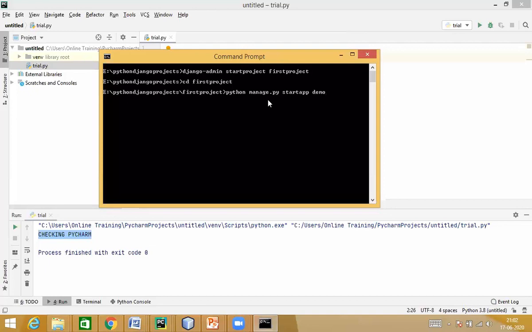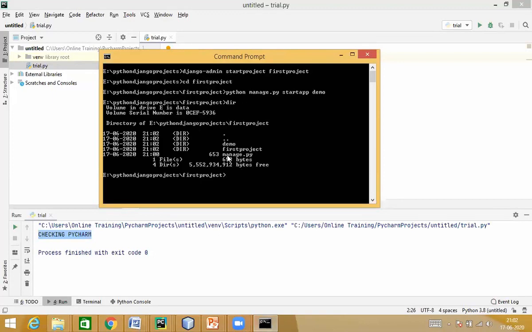So inside this particular project called first project, I'm going to start this application called demo. Enter. Now if I write dir, this will show me the contents of first project. See this, there is this folder demo created. So I have created my project, and inside that I have created my app. This is where we complete the setting up of the project. The design part will start now.